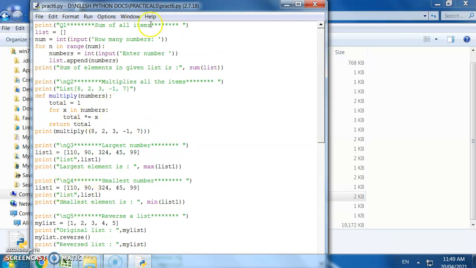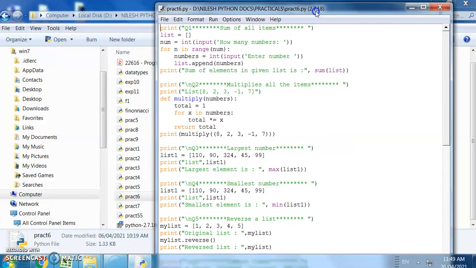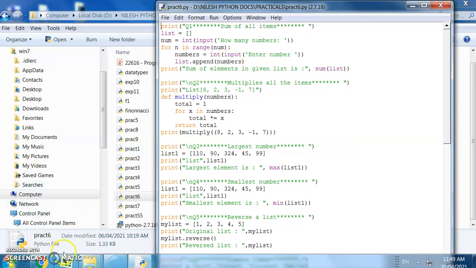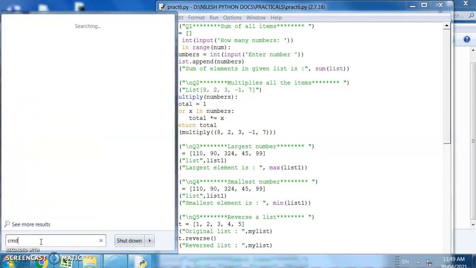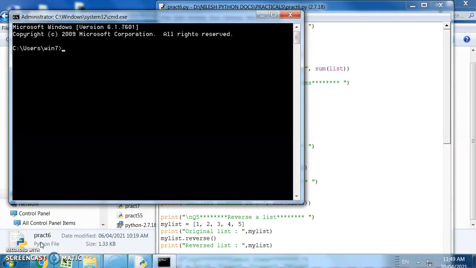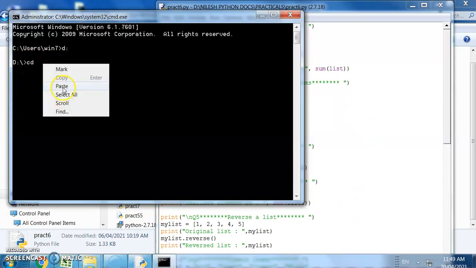So I'm going to execute this script, so you will get an idea how the result is going to be shown. We'll first start our command prompt, that is cmd. After that we switch to the D drive. Then I want to change the path, so here I am going to change our path.